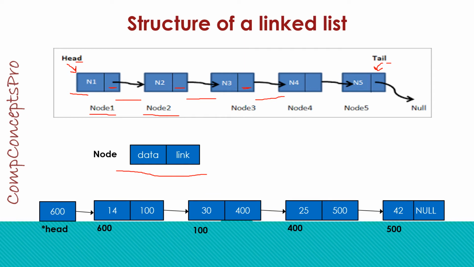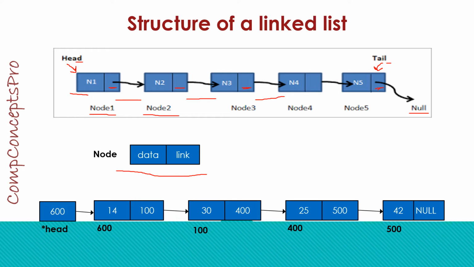Tail pointer is mostly used when we talk about doubly linked list. In case of singly linked list, tail pointer is not of much use. Anyways, the pointer of the last node stores null, because after that there is no node to be pointed. There is no connected node afterwards, so we cannot store any address here. That's why null is stored in the pointer of the last node.